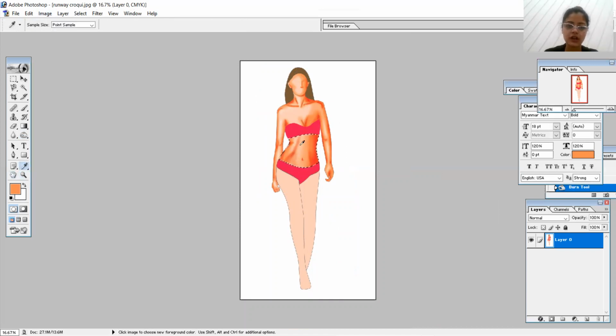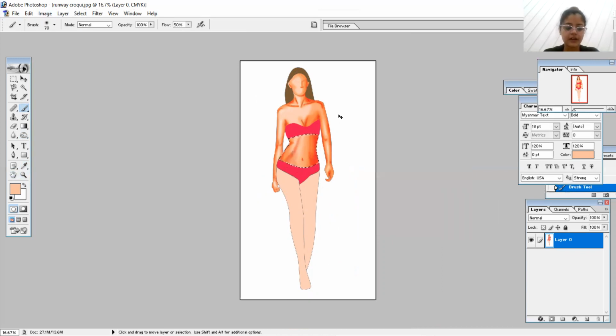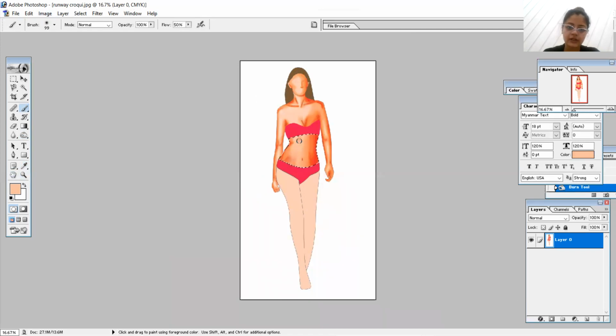So if you want to lower down the darkness, take the base coat color and apply it on that. And if you want to decrease the darkness of a certain area, let's apply on that, or else if you want to remove it, simply apply on that. It's optional, I'm just telling you how to manipulate. So for me this is looking damn good and hot.